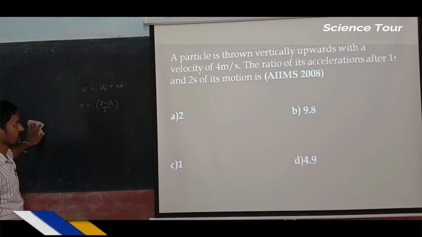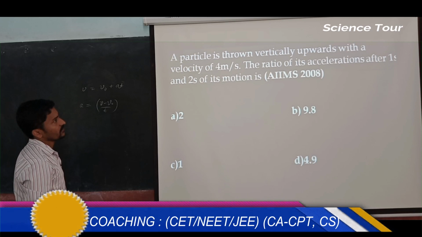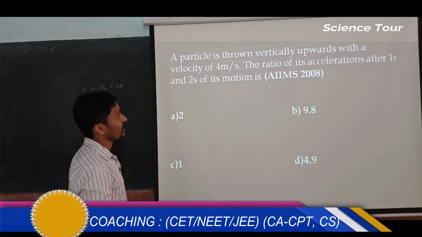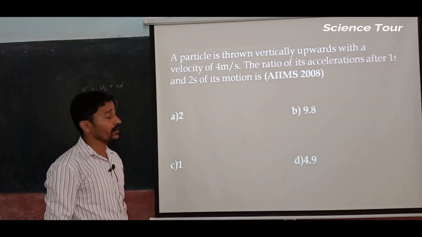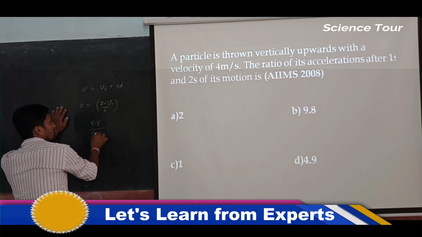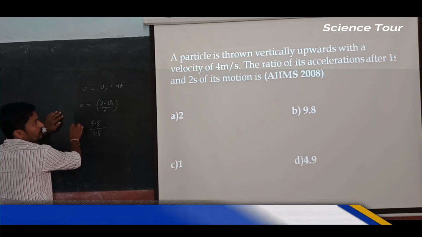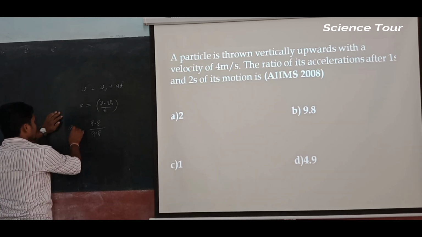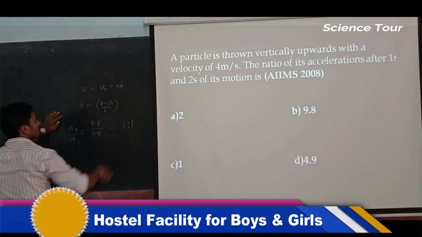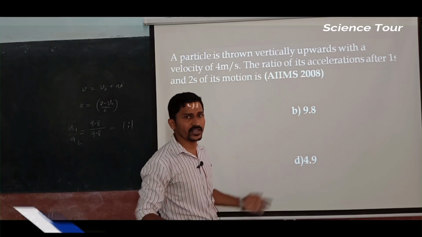Okay, so that is the acceleration, but we have to find out, that is, we know that this is a conceptual question. We know that acceleration remains the same for the body which is thrown upward. So for the first body it is 9.8, for the second body also it is 9.8. So the ratio of its acceleration after 1 second and 2 seconds will remain the same, 1:1, because acceleration is the same. So it must be this. It is not like that, it is 9.8 that remains constant.